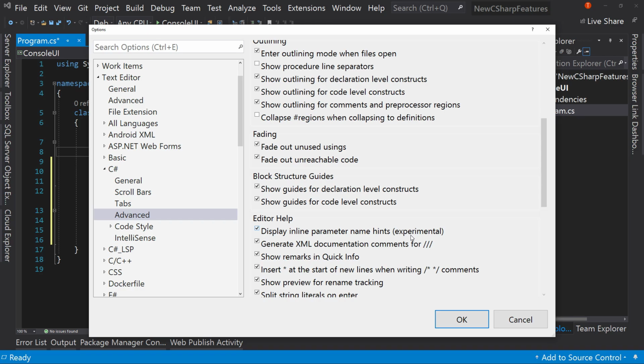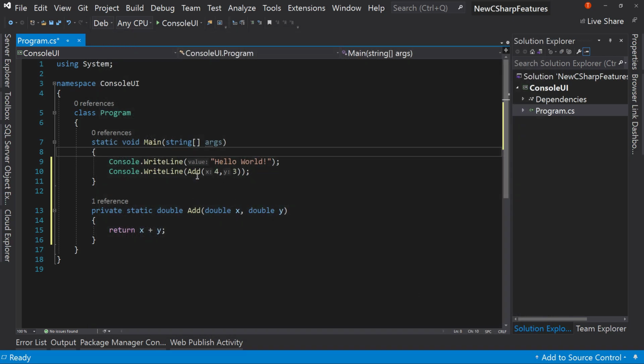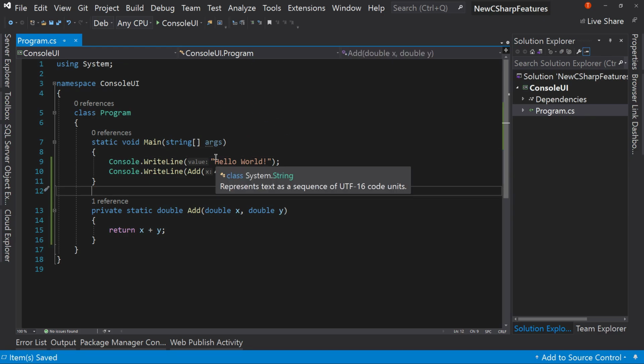But with this, we now get these really cool hints that allow us to see, hey, what was that parameter name? Oh, that's the x parameter. Because we have two numbers here. If you have that turned off, then you see Add 4 and 3, and you don't know is 4 the x or is 4 the y. Now x and y aren't terribly descriptive, but if we had better names, we'd see better parameters here to kind of tell us what's going on. So really cool stuff there. But in this particular case, the first thing we're going to look at is these top level